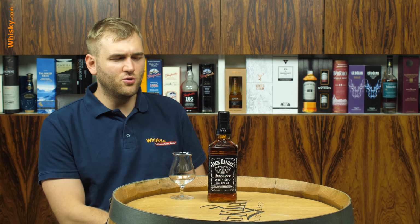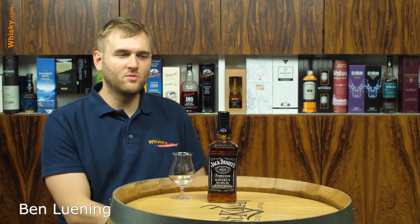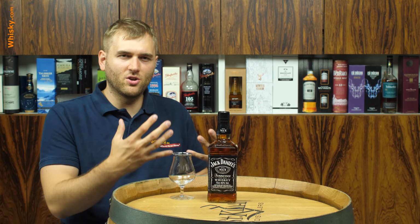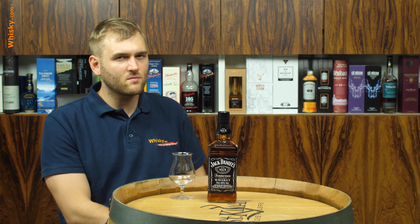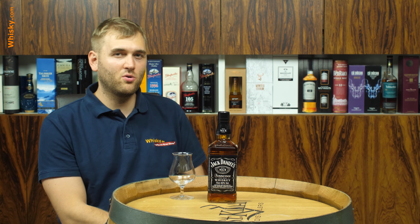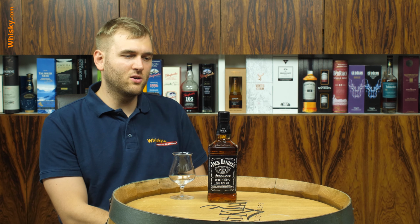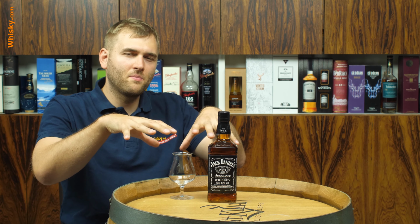When you have distilled your whiskey, it's a very sharp alcohol. Usually you take it into a barrel and let it rest there, and it becomes a bit more gentle, not that alcoholic, and you get the nice caramel, vanilla flavors from the wood. With this one, before you put it into a barrel, you actually do the charcoal mellowing, the Lincoln County process. You have the raw spirit and you let it drip through